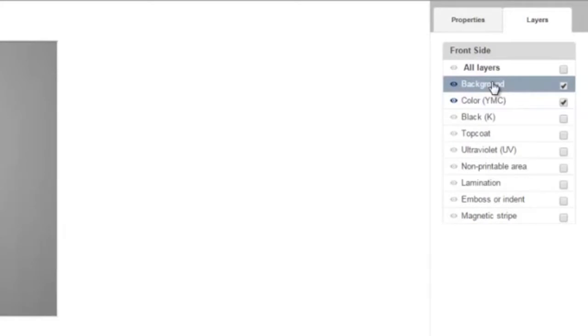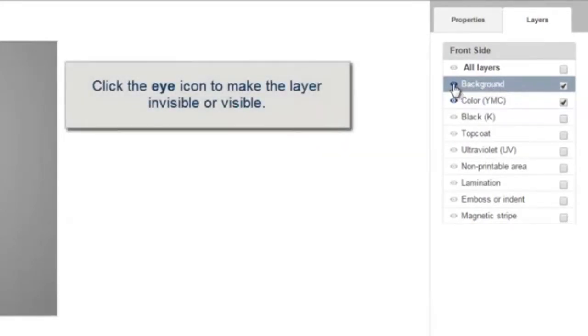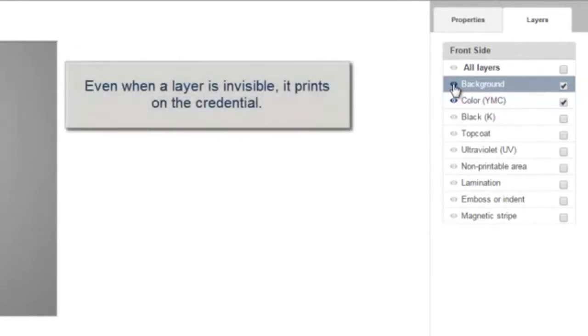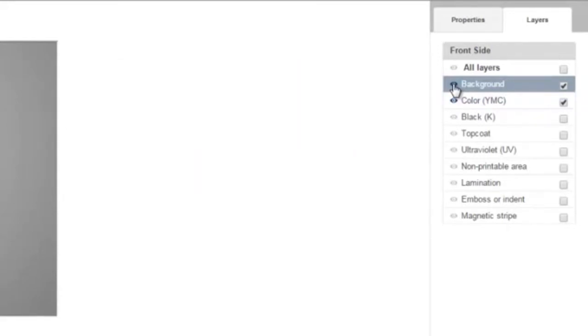By default, the layer is visible. Click the eye icon to make the layer invisible. Toggle the eye icon to make the layer visible again. Even when the layer is invisible, it will be printed on the credential. Hiding a layer just makes it easier for you to focus on the elements of another layer that may overlap it. Layers also help you plan how your credentials will actually print, using separate layers for different ribbon sections and